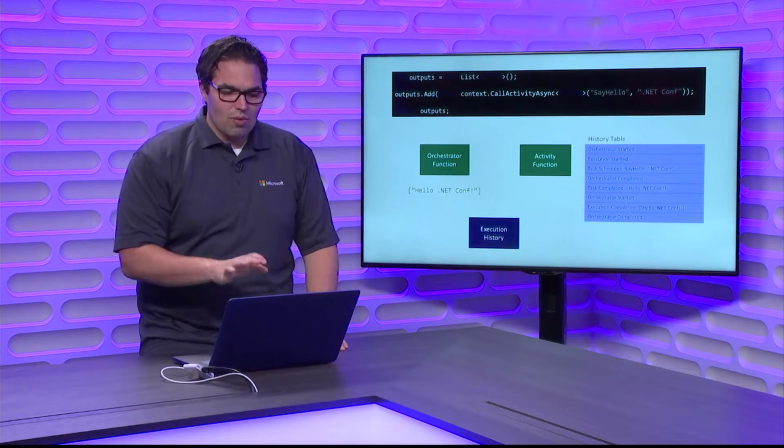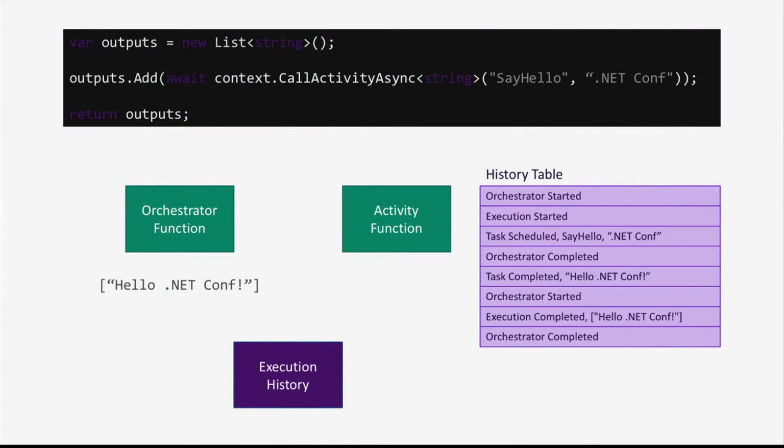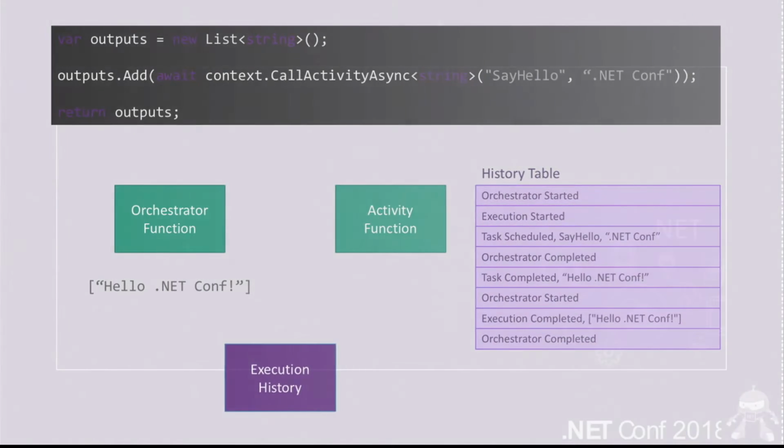So the main reason I wanted to show this illustration, which is awesome, by the way, this is my favorite of all the slides for functions, written by one of our developers, Katie, is it's important to understand that this is following replay through event sourcing to be able to manage these long-running and stateful tasks that might be happening in a completely distributed way. It's very possible that the activity function happened on a completely different virtual machine, a completely different node than your orchestrator function. But it doesn't really matter because you're just scheduling this work across.